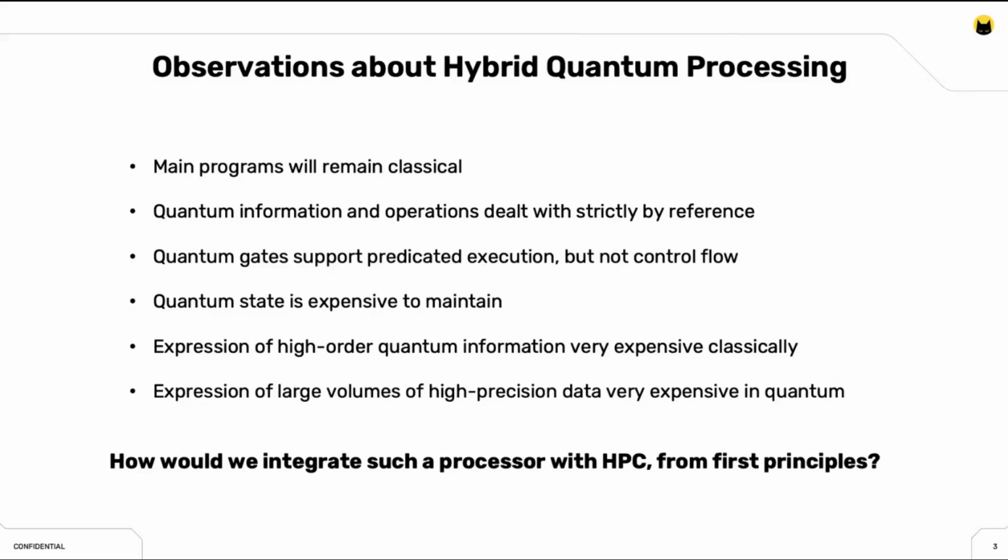And it's going to remain classical because quantum processing is god-awful for doing stuff like parsing arguments and getting system resources and checking security. But a fair amount follows from that, as I'll get into. Quantum information and operations at that classical level of the main program have to be dealt with strictly by reference, which is to say, I've got a pointer, I've got a handle